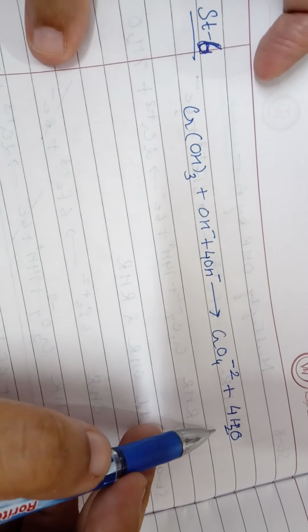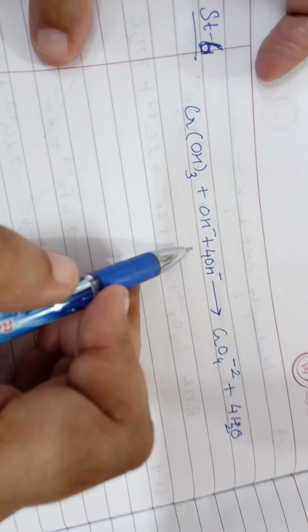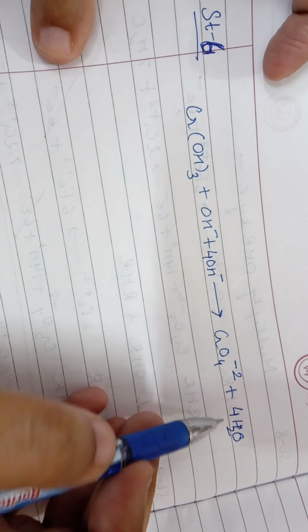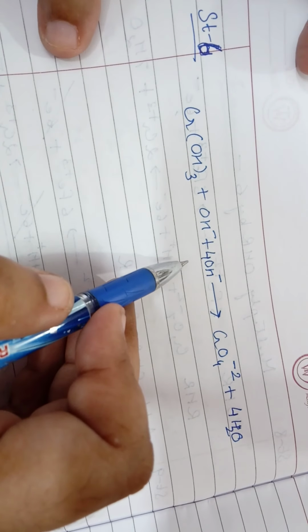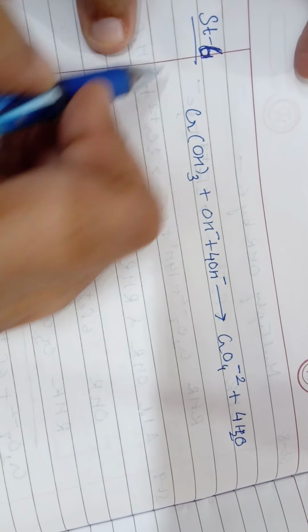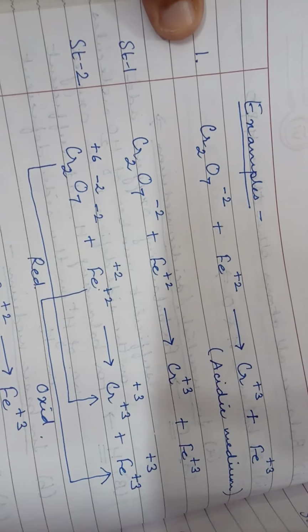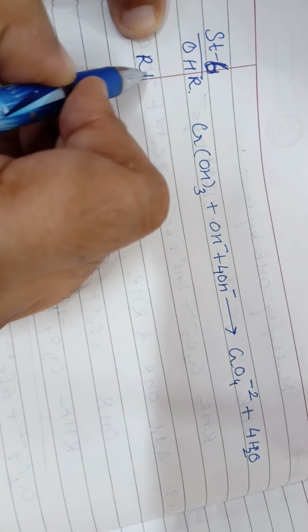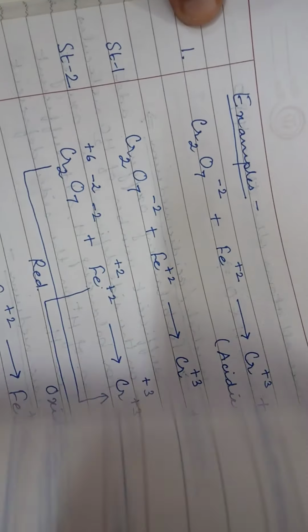If you are adding 4 water here, you have to add 4 hydroxyl on the left hand side. So this is your OHR, in which hydrogen and oxygen both are balanced, and in RHR we have IO3⁻